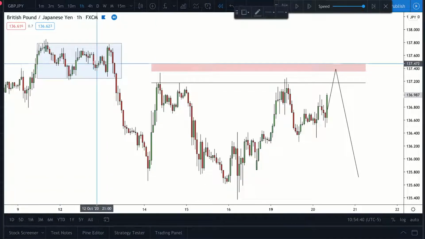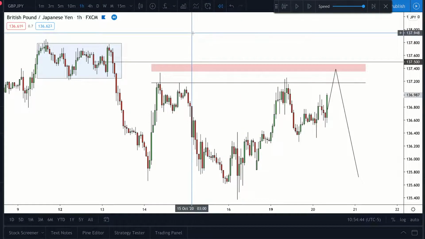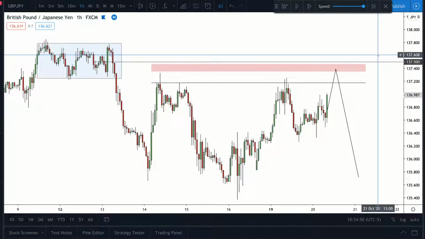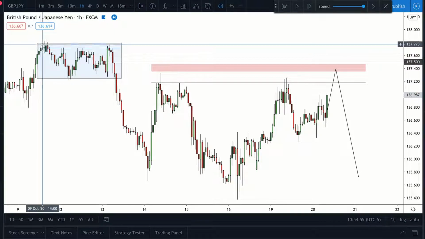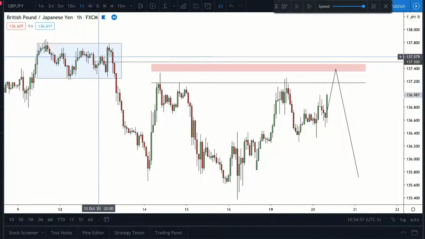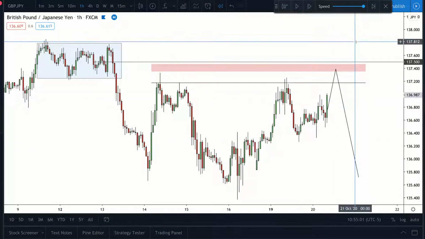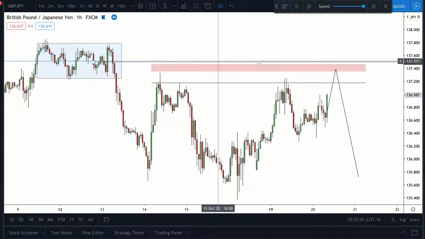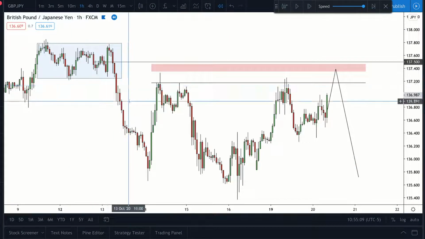Now, if we also want to activate a key level, which we always do, we want to focus on key levels only, not the silly resistance or support points that we draw on ourselves. We want to focus on the 250s, the 500s, the 750s, and the 0 levels. We can see that we have a key level right in the center of this supply zone. And what this actually does is sit right above the 1, 2, 3 equal highs that we have here in this GBP JPY market. So we know beneath this point, which would be our target entry point, which is attempting to trade in line with the institutions.